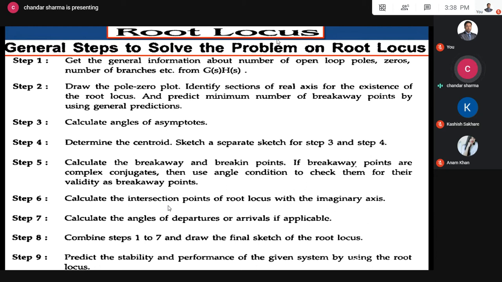The first step, you all know, is the starting points, that is K equals 0 points. How is the root locus being constructed? By varying the gain K. So where are the K equals 0 points? K equals 0 points are on the poles of G(s)H(s). Hence the K equals 0 points of the root locus are the poles of G(s)H(s). In other words, the root locus will start from the poles of G(s)H(s).